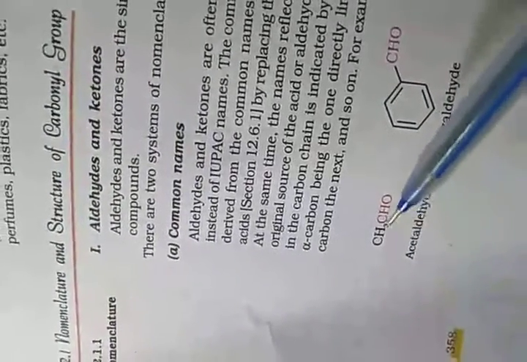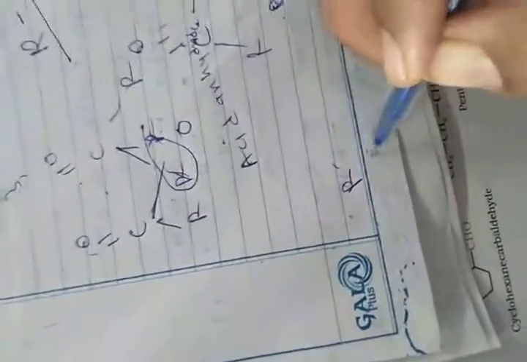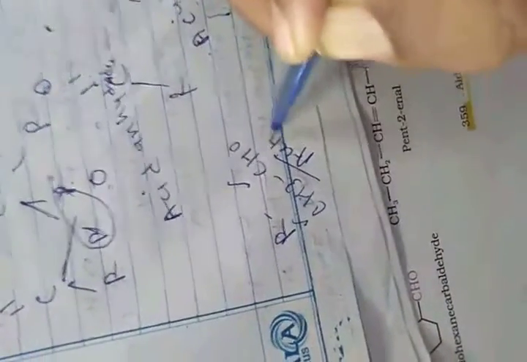So in common names what are we doing? We take the acid or aldehyde name from the Latin or Greek term for the original source of the acid or aldehyde. Then the location of substitution in the carbon chain is given by alpha, beta and gamma. How do we give the common name? See, earlier I taught you R, any group. If I take CH3 and CHO, here are two carbons. One carbon means methane, methyl, and two carbons is aceta. So this one is called acetaldehyde. Common name is acetaldehyde.